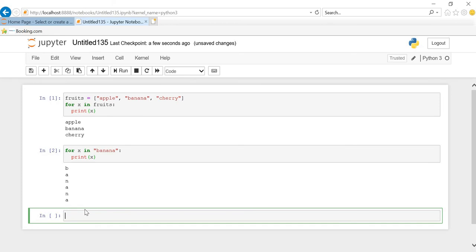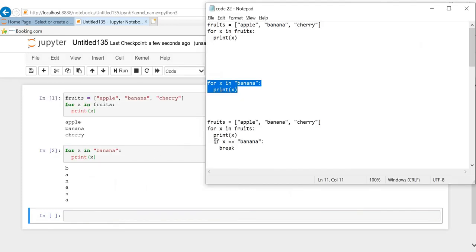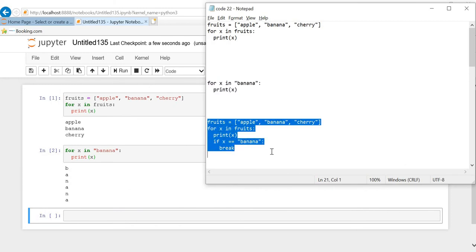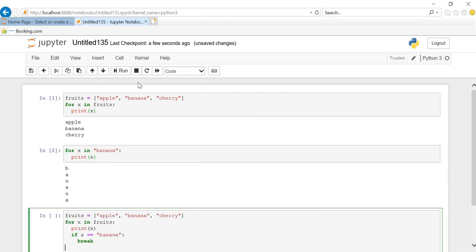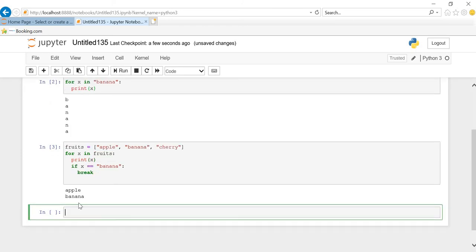That has printed banana like that. Now the next code is the break statement. So let us continue. It has broken off at cherry and only printed apple, banana.